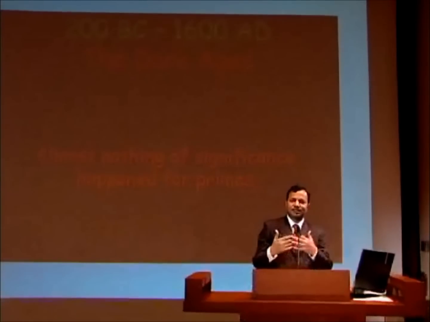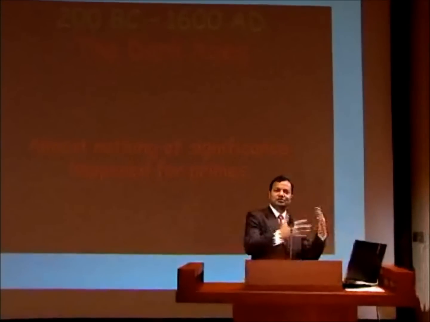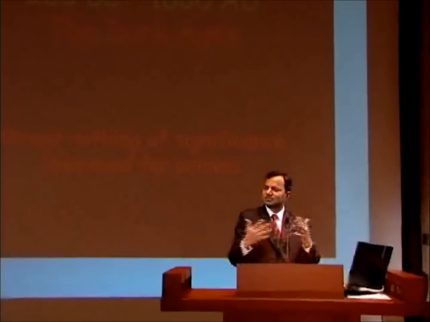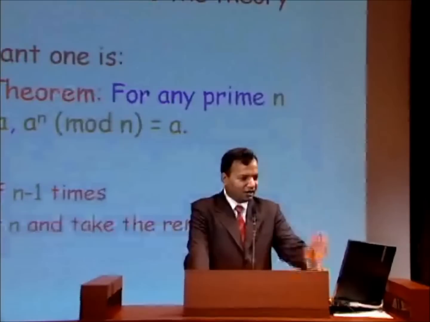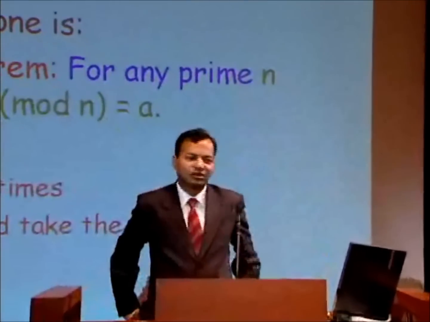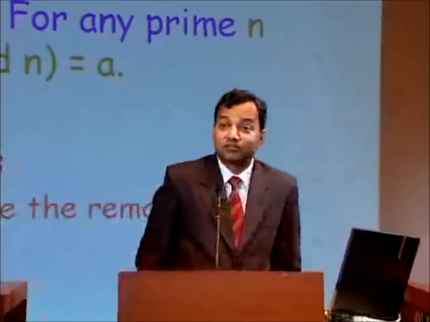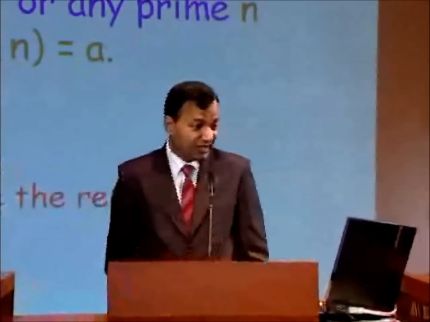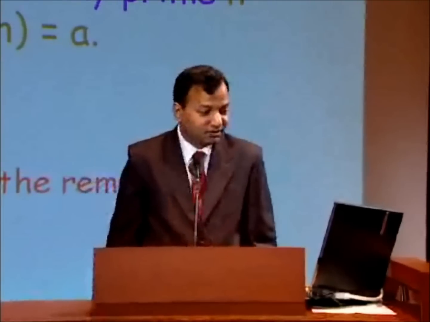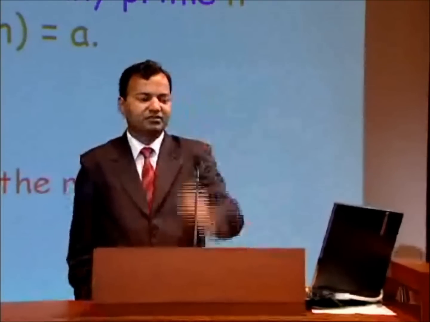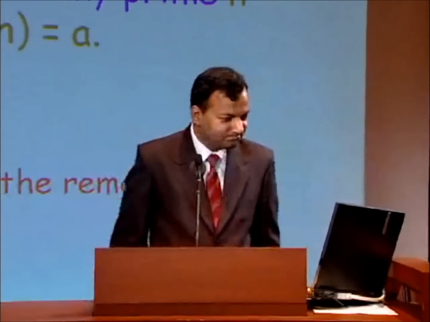And then suddenly, as if the gates had opened on something which was being held up for a long time, there was great progress made on prime numbers. And the first contributor was Pierre de Fermat. He is famous, of course, for his last theorem. But there is a very simple result that he proved, and it's a very elegant result. It's referred to as Fermat's little theorem.